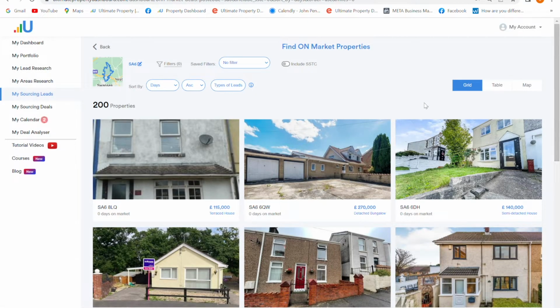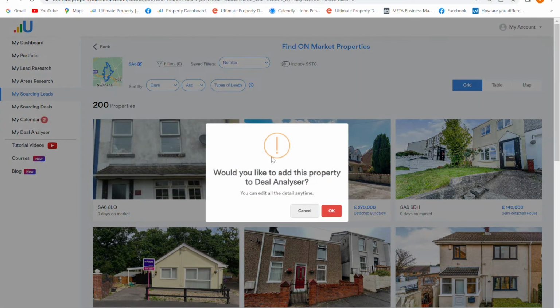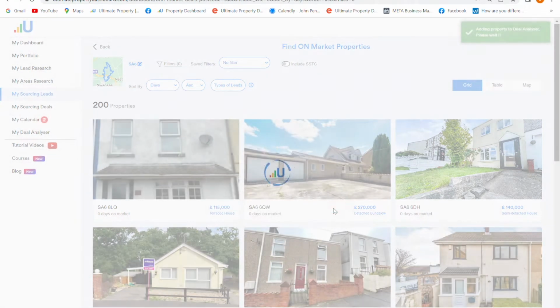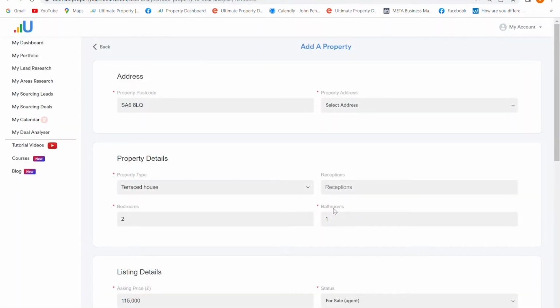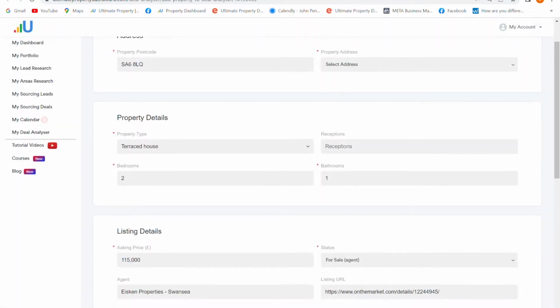First one that we see there is a property in need of a bit of a renovation. You can see I'm just going to move my mouse to the top right hand corner of that image. I'm going to put it into Deal Analyzer. So I click on OK, and then we'll go straight back to Deal Analyzer, and it'll have information about the